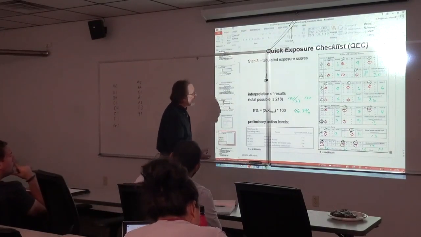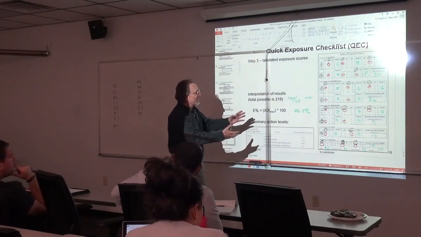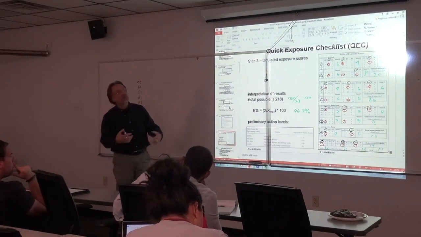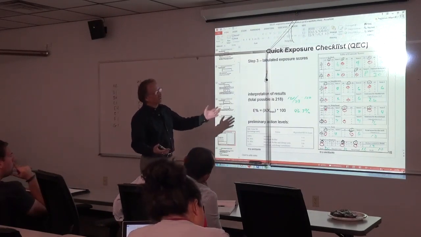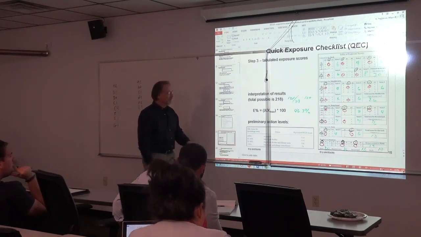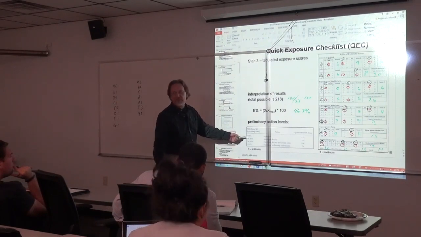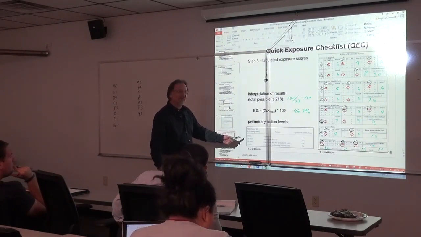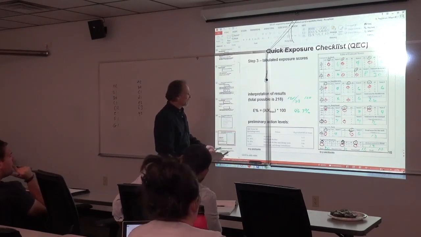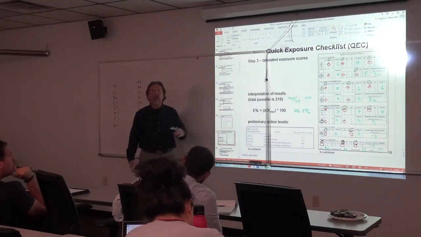But again, if I were using this, I wouldn't just do one job and then say, oh, it's acceptable, I don't have to do anything else. I would look at all my jobs, and then I'd use this to place them in order of priority to do something about it. I don't think there's anything magical about 40%. If it's less than or equal to 40%, I don't have to do anything about it, but if I get a 41%, then I better go do something about it. I think that's ridiculous, but it does allow you to place them in order of priority based on the amount